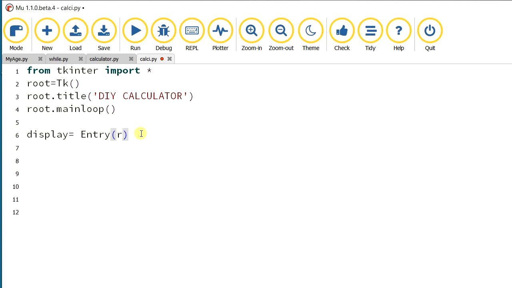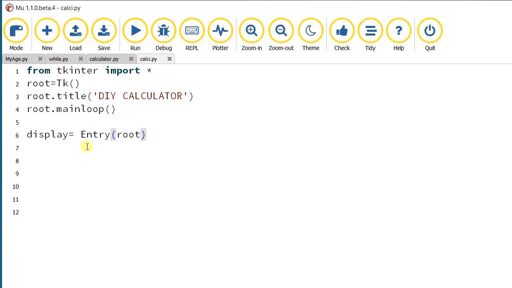See, it comes under a predefined function within the module tkinter. Why is it used? It is used to enter or display a single line in the given tkinter module, in the GUI app in which we are using this module. So for displaying that input, when the user clicks a button, the value of that button should be displayed on the calculator display board, right? For that we are using this one.